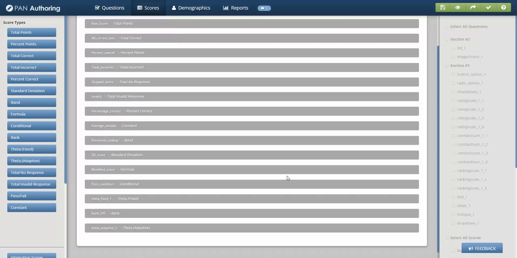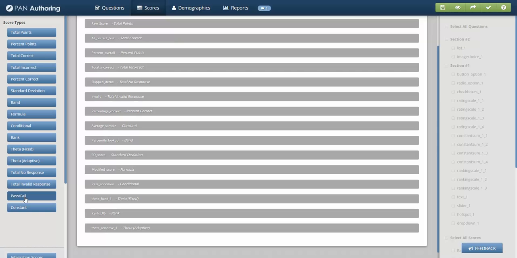There's a lot of science required to establish a pass or a fail on a given test. Usually the process needs to be normed, validated, with good science established to using that process. If you are there and you do have those parameters set up, the pass-fail score can be really handy. You might also check out the video on conditional scoring because the pass-fail score is really just a very specific